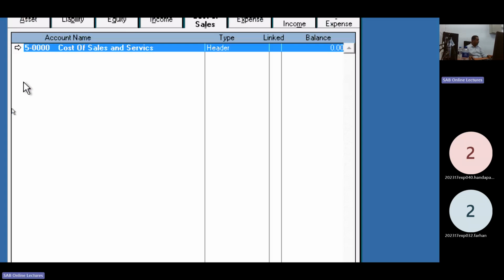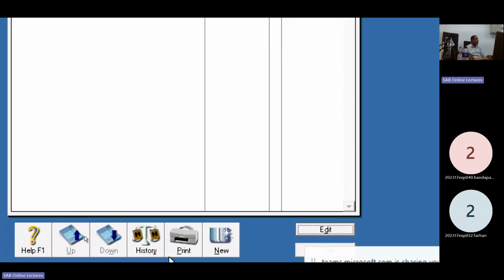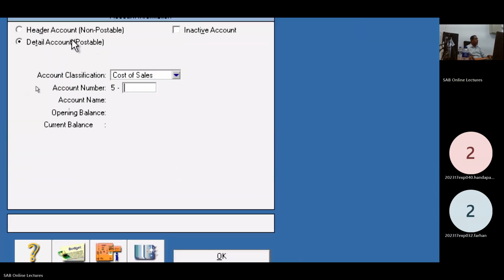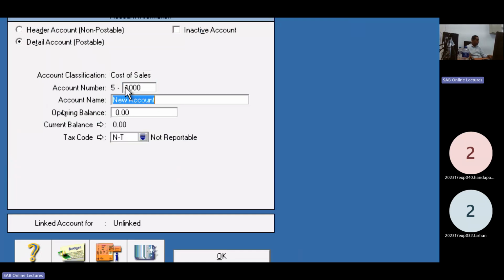Next, 1,000 cost of goods. NT means non-tax, not reportable.